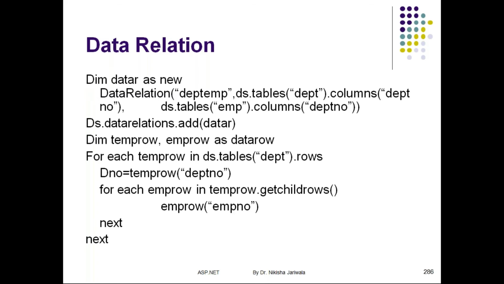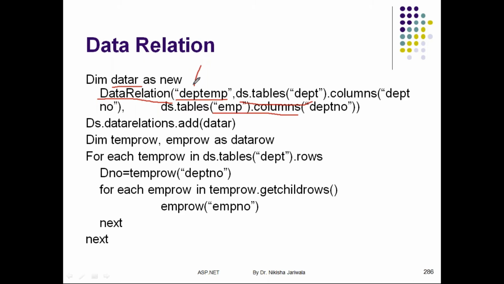I need to create the object of the DataRelation class. Within that, I need to specify which tables I want to use, and from those tables which columns I need to use for the relationship. After that, I can retrieve the records according to the relationship. So here is an example of how we can do all those things. First of all, to create the relationship, I will create an object of the DataRelation class, that is DataR. At the time of creation of the object, I need to specify three parameters: 1, 2 and 3. Now, which are these three parameters?